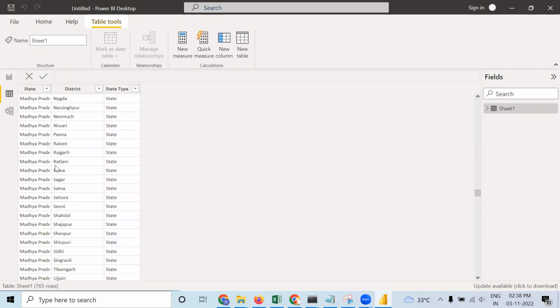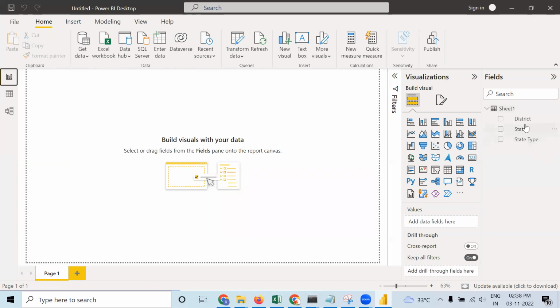Corresponding to Madhya Pradesh, it is being repeated 55 number of times. That's why we can say that there are 55 districts in Madhya Pradesh. Okay. So using that logic, what I will do, I will first of all choose